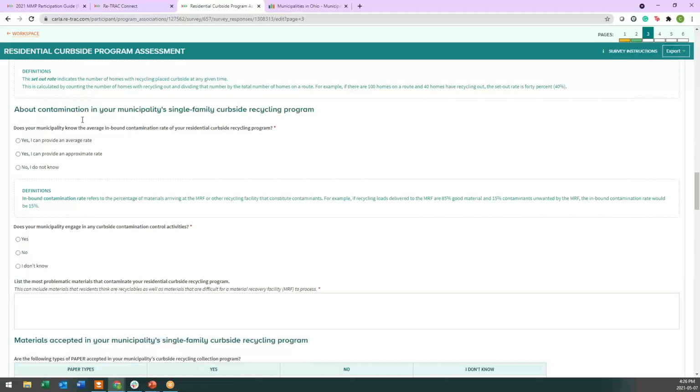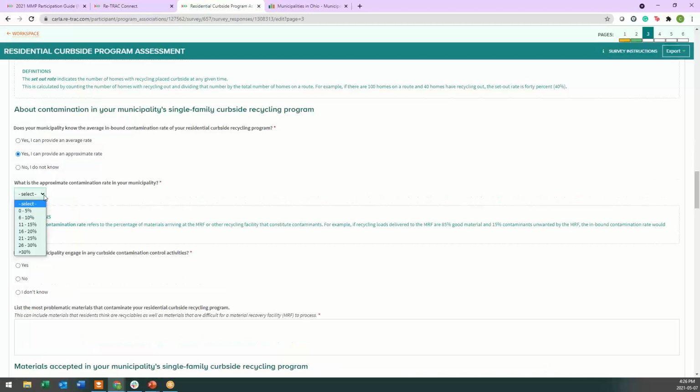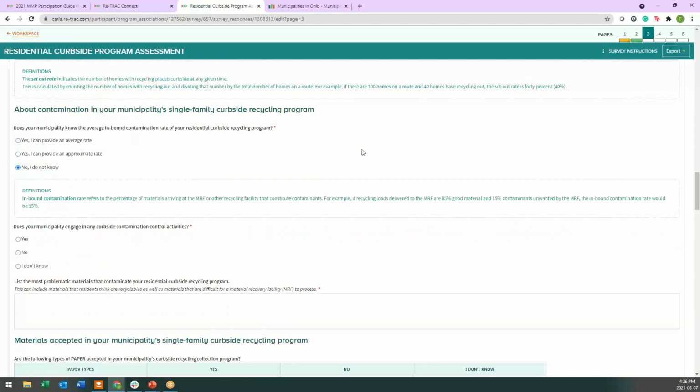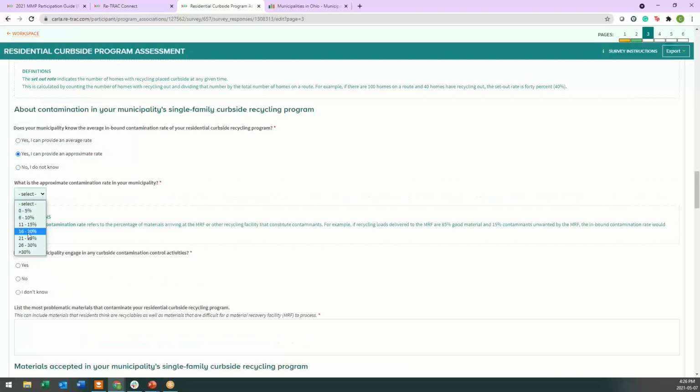Contamination when it comes to recycling. Here we go. So do you know your contamination rate? You might be able to provide an average contamination rate or an approximate contamination rate. Here you can select a range. If you say average, then you can just put in what your rate is here. Or if you say, I don't know, again, that will prompt some recommendations on how to start tracking contamination. So I'm going to say approximate, and I'm going to go with